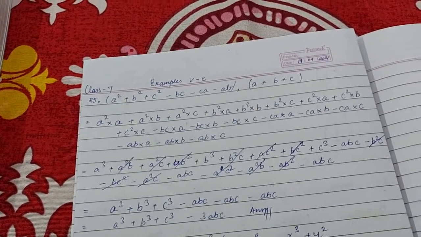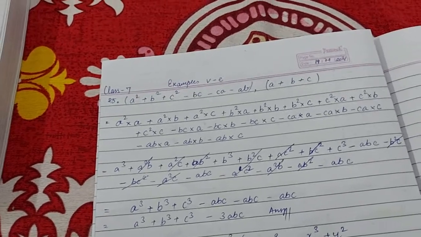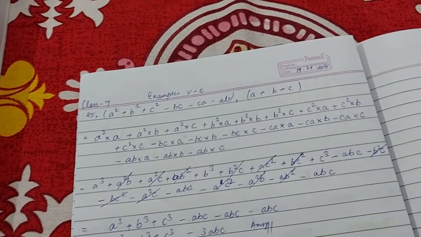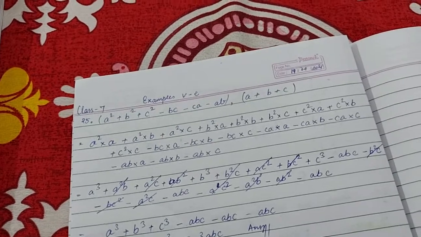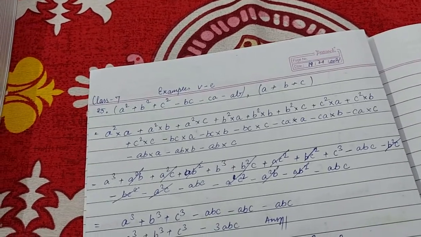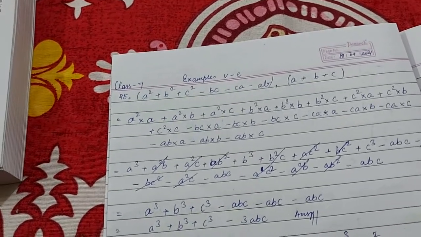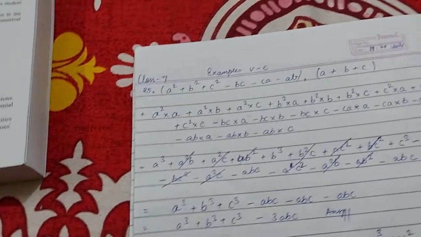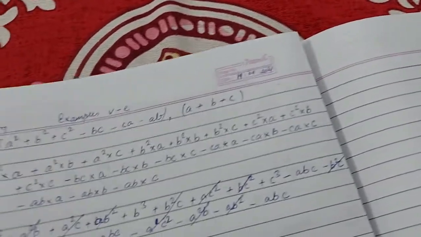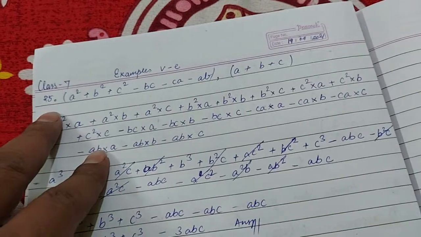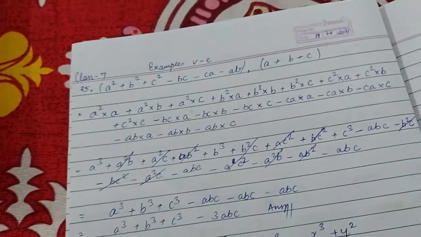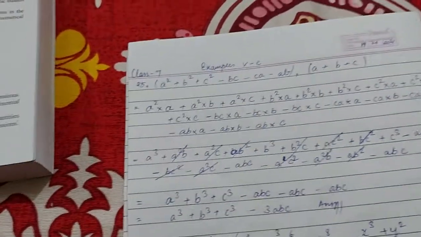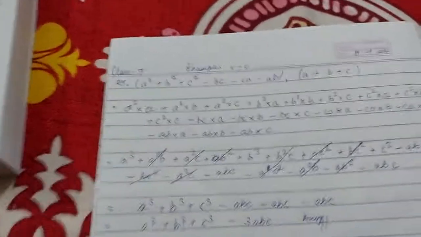Today we'll see examples 5C, question number 25: how to multiply three terms. Multiplying with three variables. Okay, so the question here is question number 25. You can see in the question